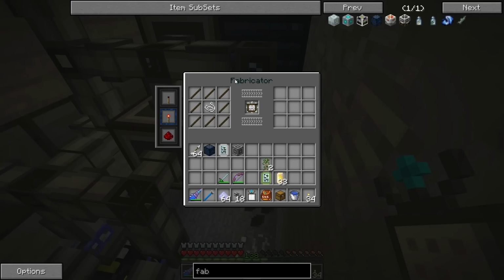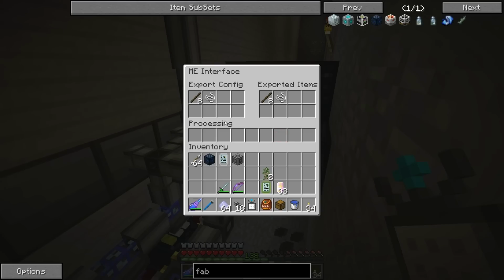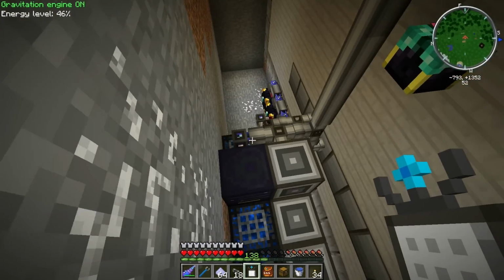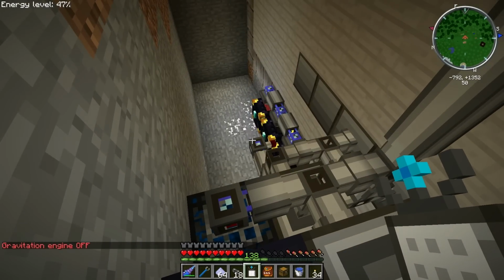And this auto crafter, this fabricator, only works when the redstone signal is turned on. So when there's less than 100 in the network, this starts crafting all of the impregnated frames that it can. See right here, I'm exporting 8 impregnated sticks in a string, and that's what it needs to auto craft that. So yeah, that's how I'm automatically making the impregnated frames, and over there is how I was automatically creating the